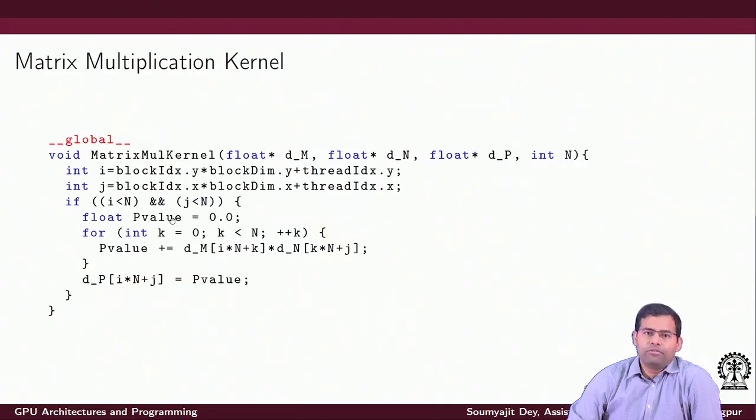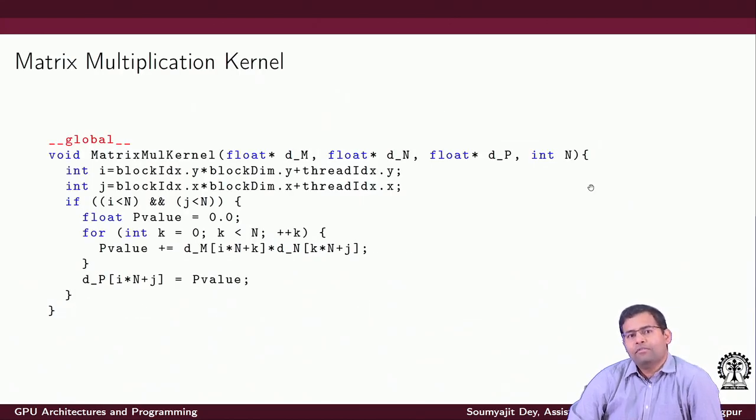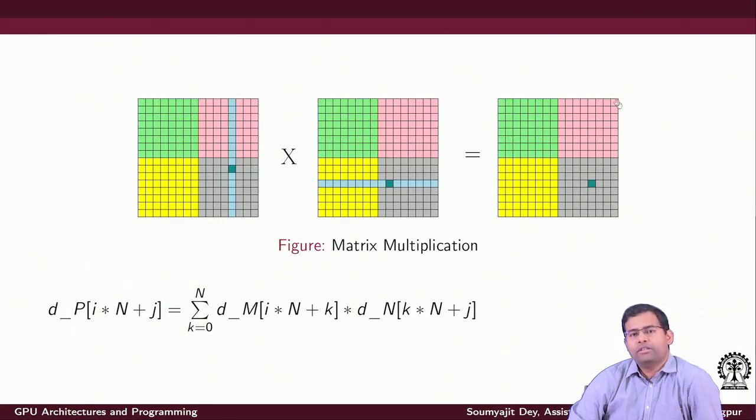So coming back to the code, for every thread, the first thing that the kernel has to do is find out what is the location in the memory for which this kernel is supposed to do the matrix multiplication computation. That means you are given a kernel. When you have launched the kernel, you have launched as many threads as is the size of the 2D matrix, right? Now, one thread is going to be responsible for computing each location in the matrix, but it has to figure out what is the location.